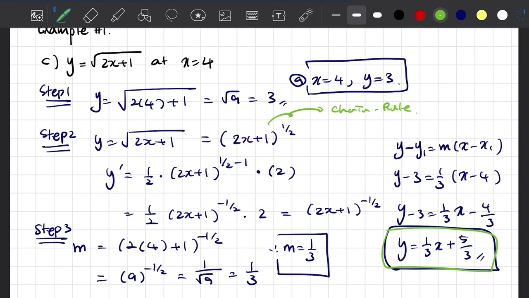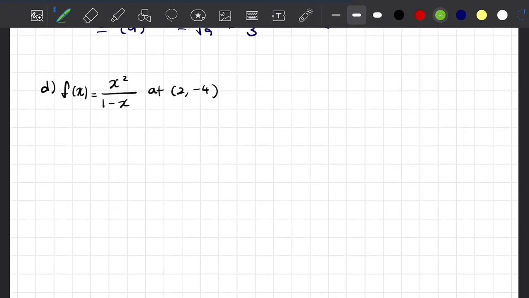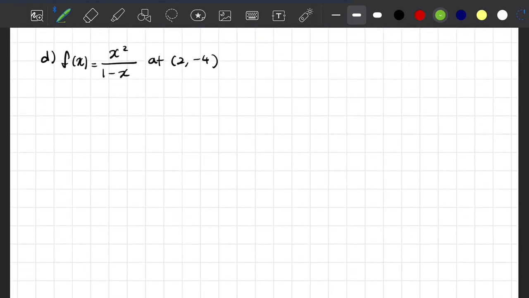Okay, then let's do question D. Okay, so we have the function f of x equals x squared over 1 minus x at the point (2, -4), and we need to find the equation of the tangent. Okay, so step 1 is already done for us, right? When x is equal to 2, y is equal to negative 4, and it is given in the question. Then step 2, we need to differentiate the function f of x to find the slope of the